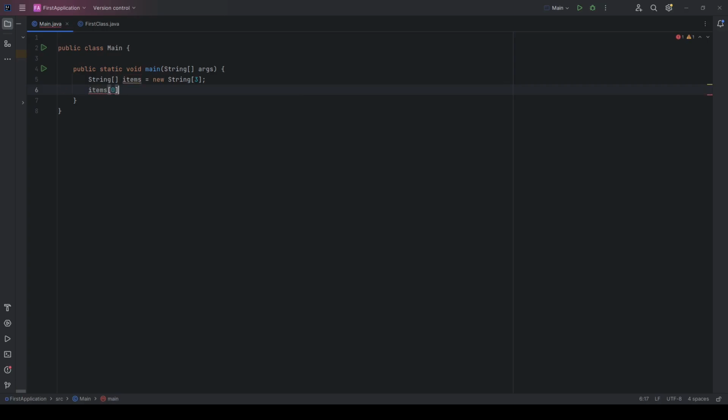I'm accessing the first item of our array at index 0, because in programming all indexes start from 0, not from 1. So let's assign it with milk,